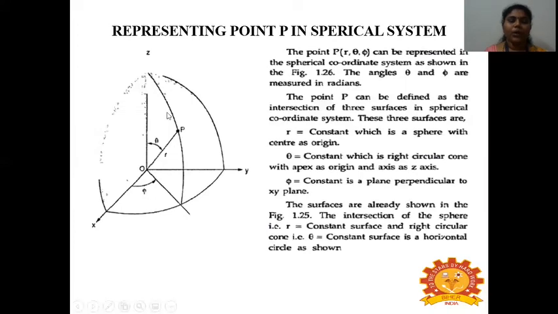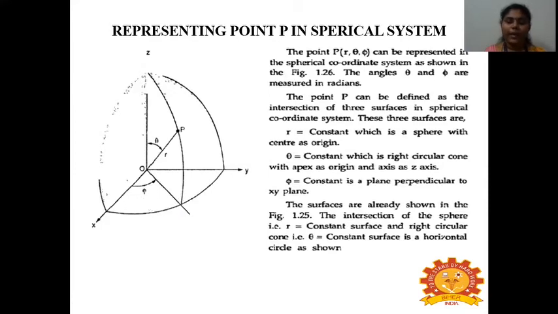So these are the three coordinate surfaces which we use in the spherical coordinate system. Next, to represent a point P in the spherical coordinate system, this is your point P. What is your first coordinate? That is r, the radius of the sphere, which is calculated from the origin. Next is theta. This radius makes an angle theta with respect to the z axis. Next, if we project the point P, the angle it makes with respect to x gives us phi. This phi is the azimuthal angle.